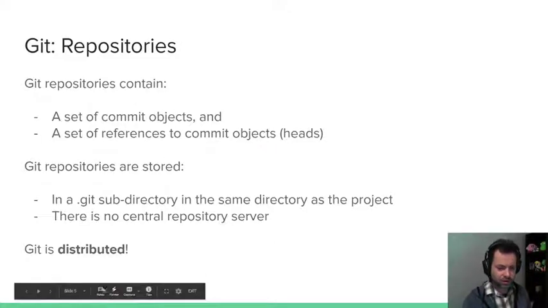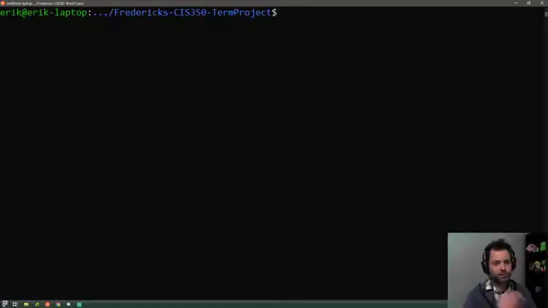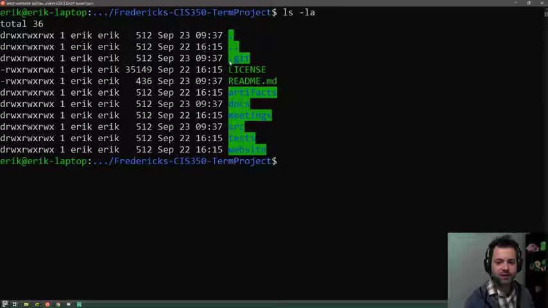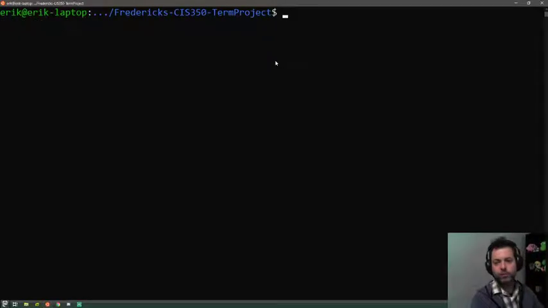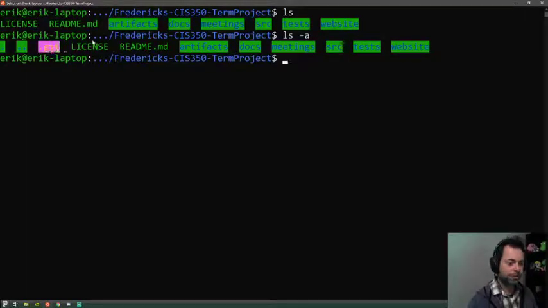And these repos are actually stored in the .git subdirectory. So there is a hidden folder in every Git repository. If you're in Windows, you have to tick the show hidden folders checkbox in File Explorer. If you're in the terminal, you can do ls -a, or I like ls -la because that gives you the long listing. But the a is going to show you hidden files here. So here we see .git, right? So that wasn't there before. If I do ls, there's no .git. ls -a, oh, there's .git. It's right there.